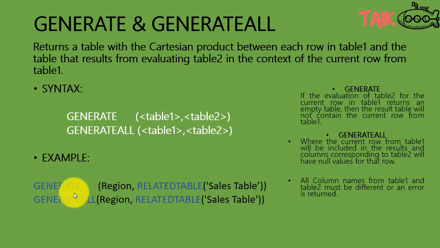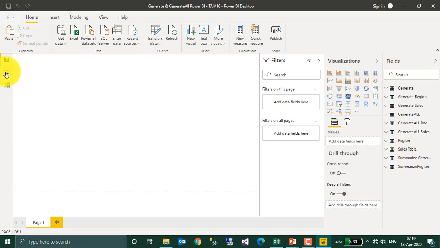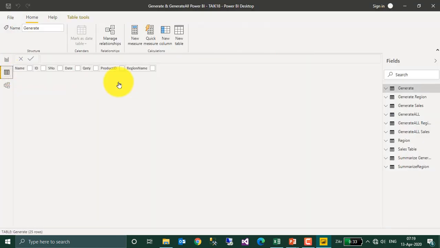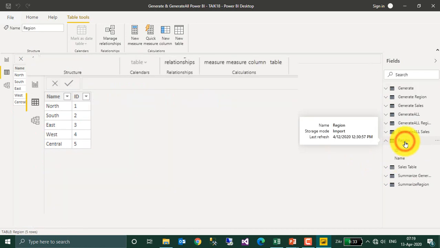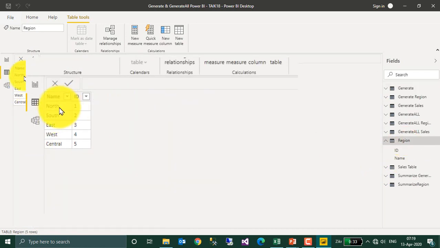The example is GENERATE(region, RELATEDTABLE(sales table)), and GENERATE ALL(region, RELATEDTABLE(...)). Everything is the same, just this functionality is changed. Now let's go into the practical. So this is my Power BI file. Let's go into the data tab. I use these two tables. One is the region, which has north, south, east, west, central: 5 rows.